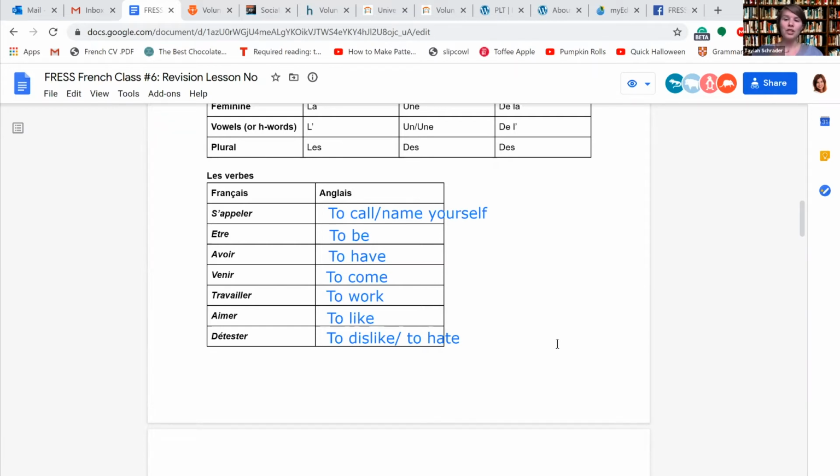Okay, that's got that French R. So être is also acceptable until you can practice the way in which they roll their R's. So you've got être or être, depending on how you can pronounce it. Then you have avoir. You have venir, travailler, aimer, and détester. Those are the main verbs, and we'll go down a bit and I'll show you where and how we use them for introduction.